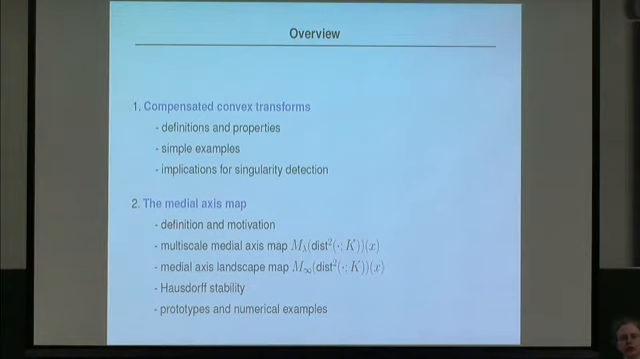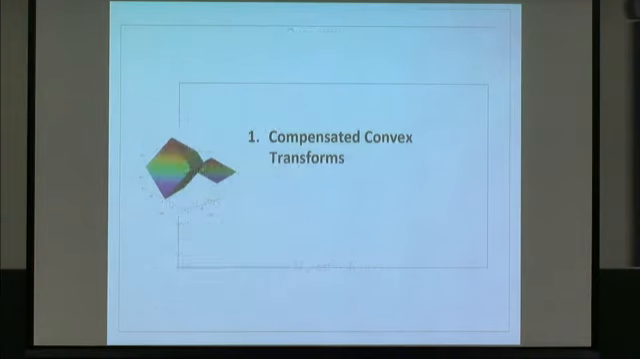Then I'll go on to talk about a specific application: detecting the so-called medial axis of an object, which I'll describe later, and then talk a little bit about its properties, in particular its stability properties, and show you some examples. So without further ado, let me move on to the details. First of all, I'm going to talk about compensated convex transforms, and these